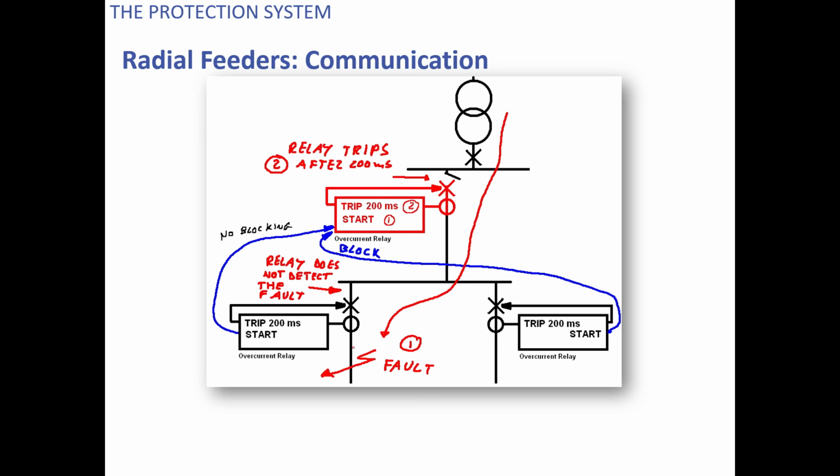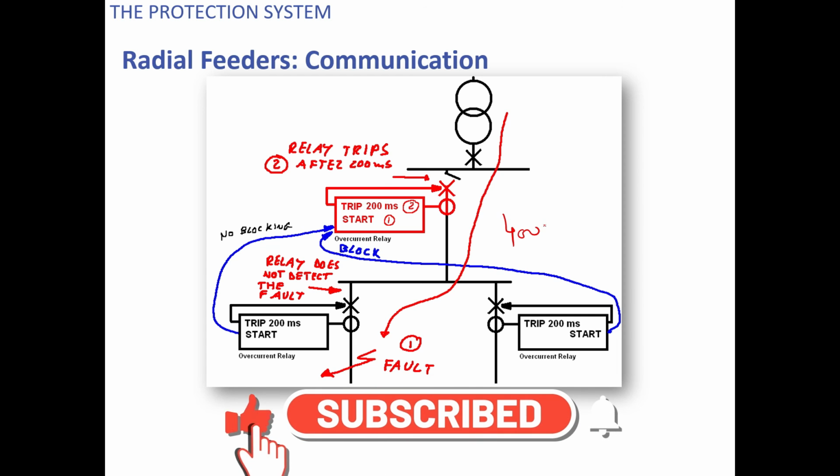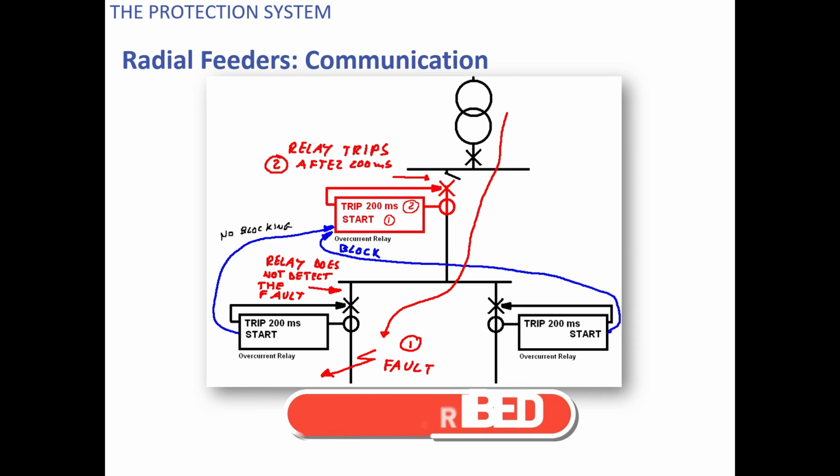In the second case, suppose there is a fault at this point again, but this relay doesn't detect the fault, but this relay has detected the fault. Since this relay doesn't detect the fault, it cannot send a blocking signal. Now since this relay has already seen the fault and is not getting any blocking signal from this feeder or from this feeder, it will issue a trip command after 200 milliseconds only. So now there is an advantage of 400 milliseconds as compared to your previous case wherein no communication was there